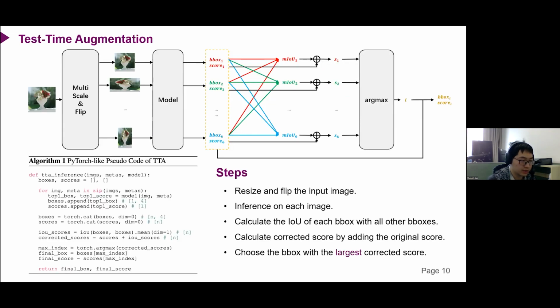Furthermore, we also designed a test time augmentation specifically for inference. For each test image, we resize and flip the input image to obtain 6 images. Then we use our model to test each image and obtain 6 bounding boxes and scores. For each bounding box,